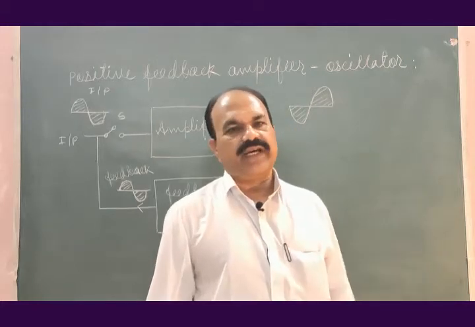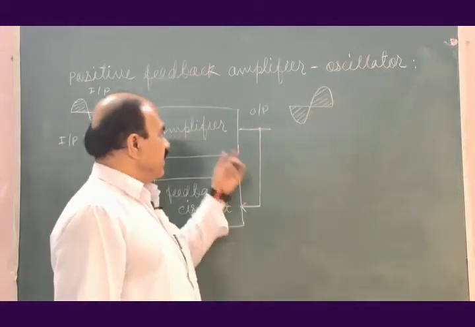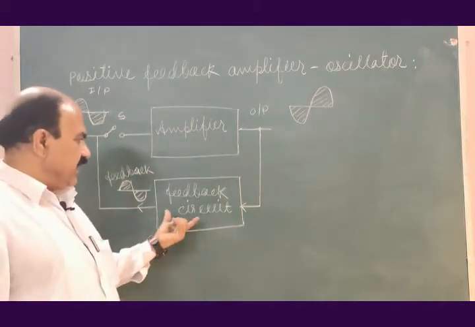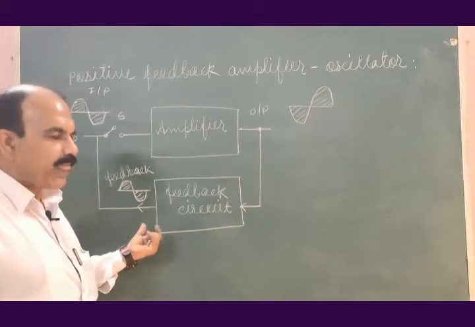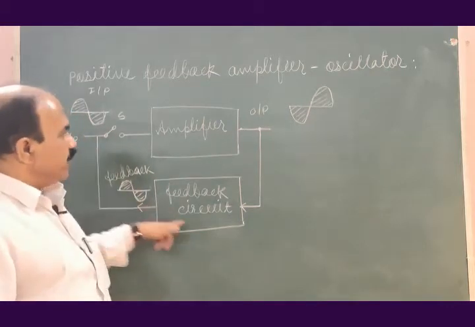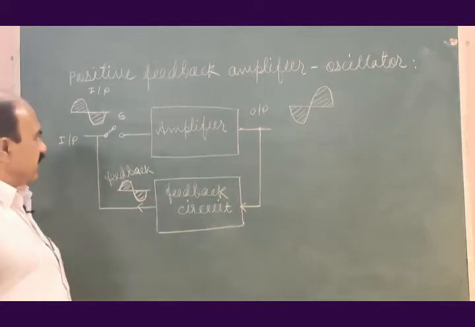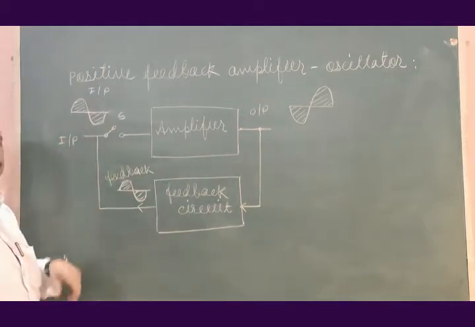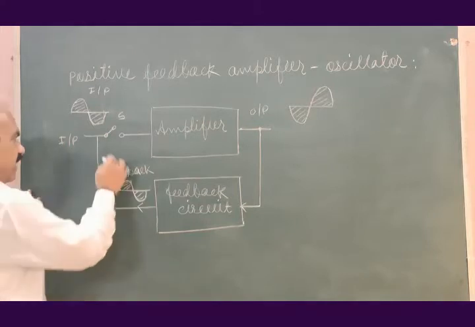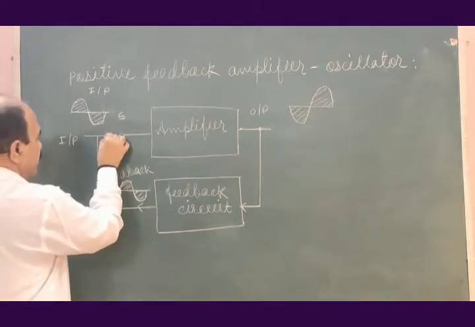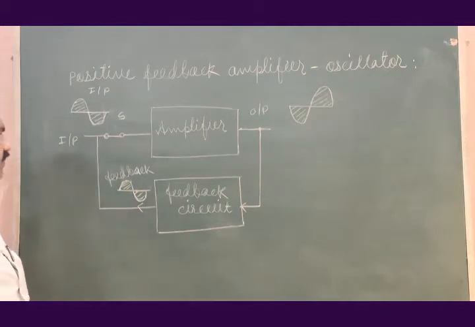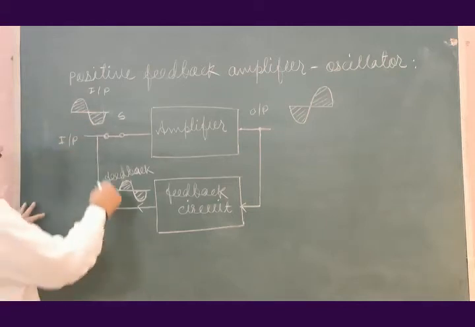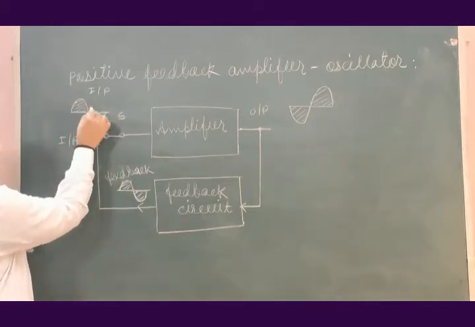I have drawn a block diagram here. This is the amplifier, and this is the feedback circuit or feedback network connected between input and output. Initially the switch S is open. Let us close the switch. When this switch S is closed, this input voltage, positive cycle, negative cycle,